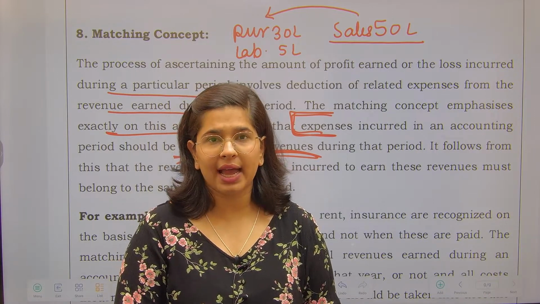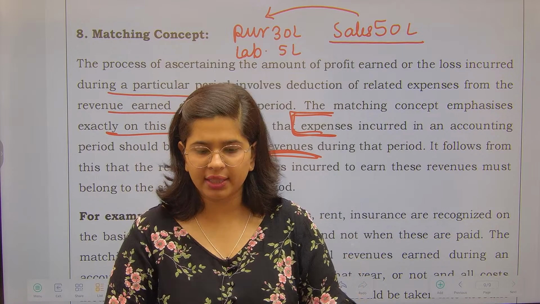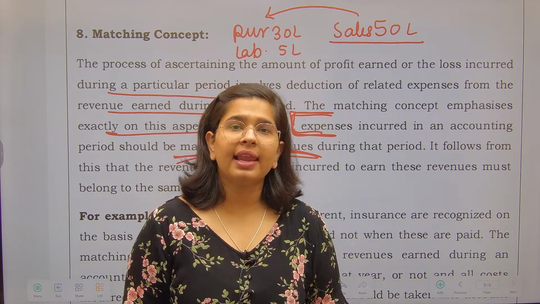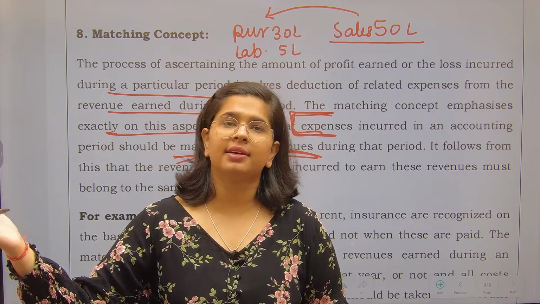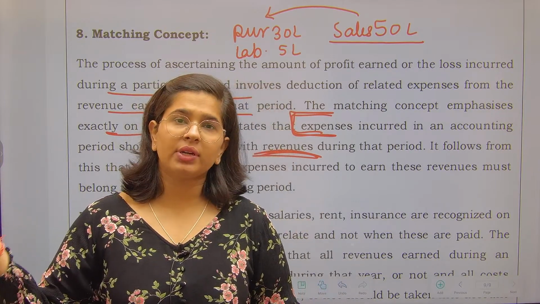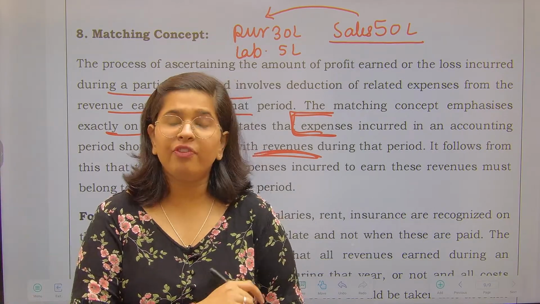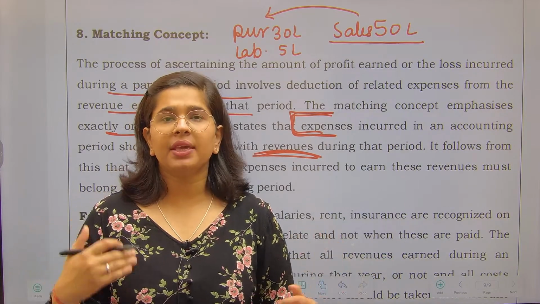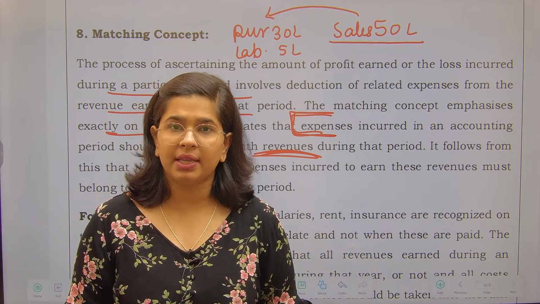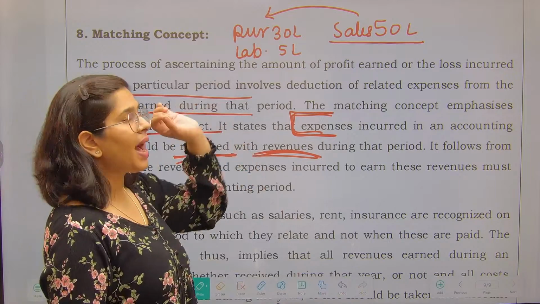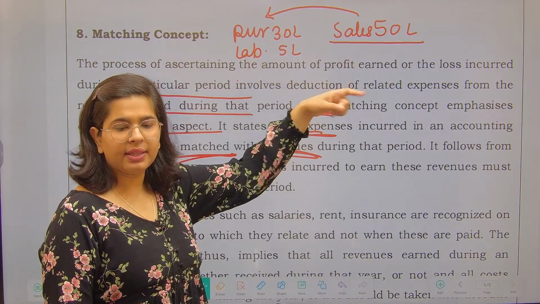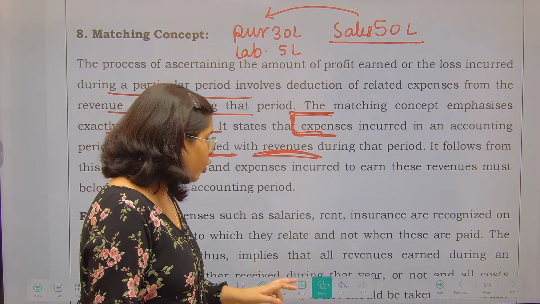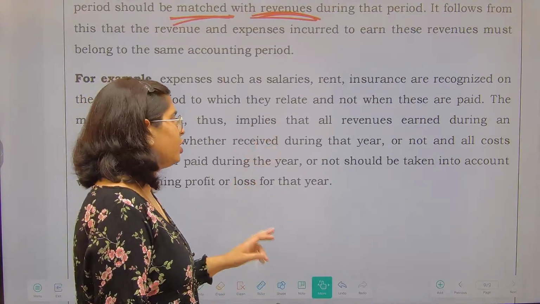I cannot do like that. 7 lakh has been recorded in this period because I paid for it in this period, and 3 lakhs are recorded in the next year. Why? Because that much amount I have paid in the next year. We do not have any concern with the payment, right? Payment कब किया कैसे किया उससे कोई मतलब नहीं है. If the income has been earned in this particular period, then the expenses should also be recorded in this particular period only. I hope you all are clear with this particular concept.